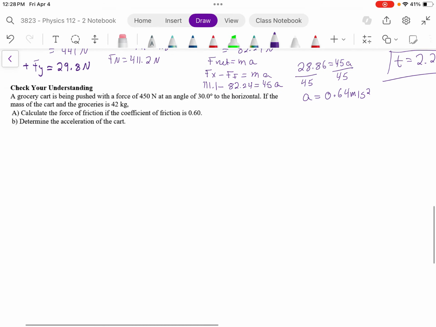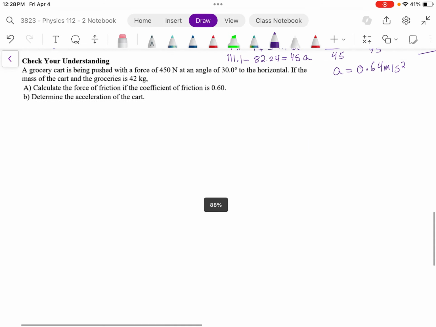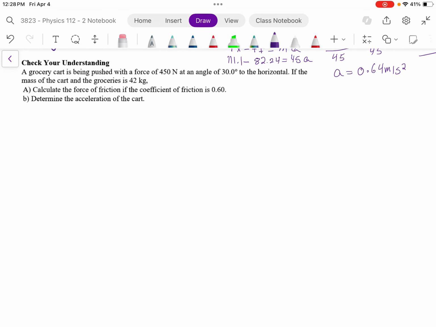All right, so let's take a look at the check your understanding question together. We have to be careful this time because the grocery cart is pushed. Since it's pushed, that means our applied force is downwards. So let's write down what we know. We are applying a force of 450 newtons. This is at an angle of 30 degrees down